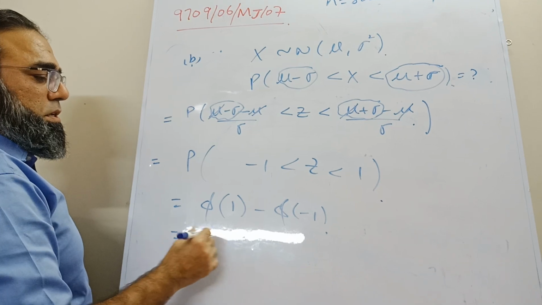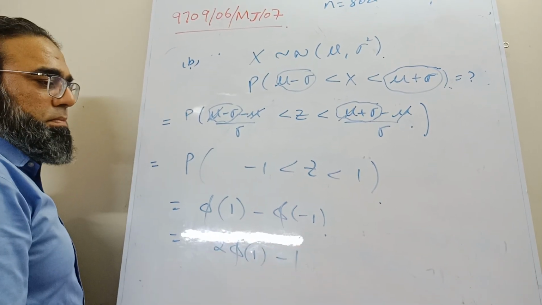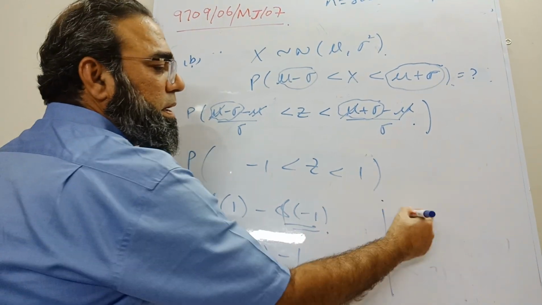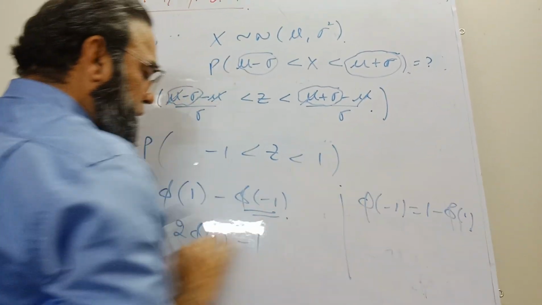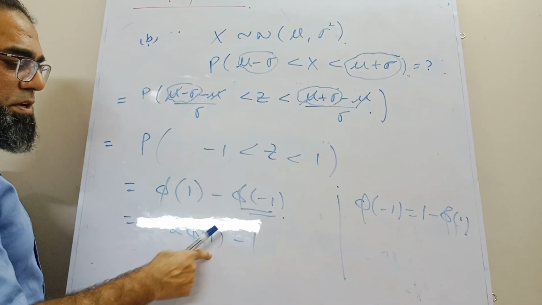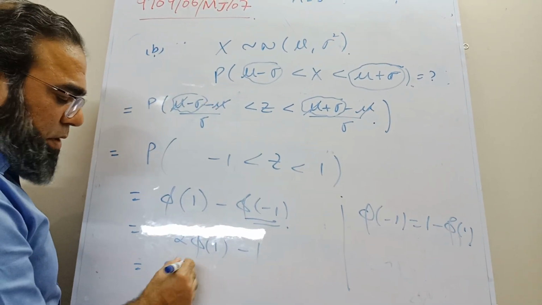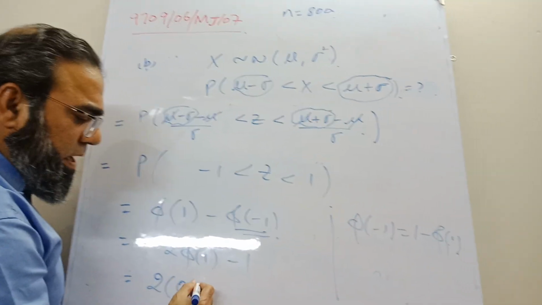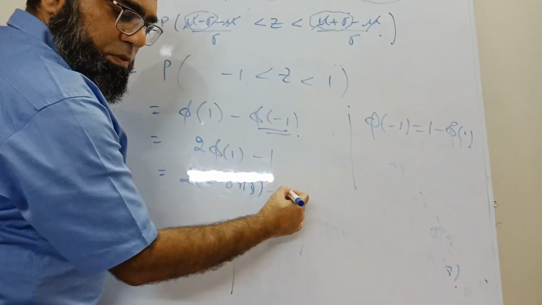So this is 2 phi of 1 minus 1, if you replace phi of -1 with 1 minus phi of 1. Now you find from the table phi of 1, which is 0.8413, so 2 into 0.8413 minus 1,